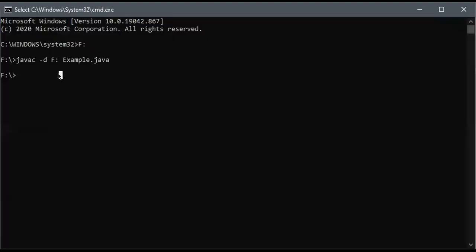Let me go to the C drive again. If you want to go to the C drive, just type C and then a colon, then you will go there. So if you want to go where the location of the file is, you need to go there first. The file is available inside the F directory. So there I went and then I used javac -d, and then where you need to create the class file, don't forget to put a colon over here, otherwise it throws an error.